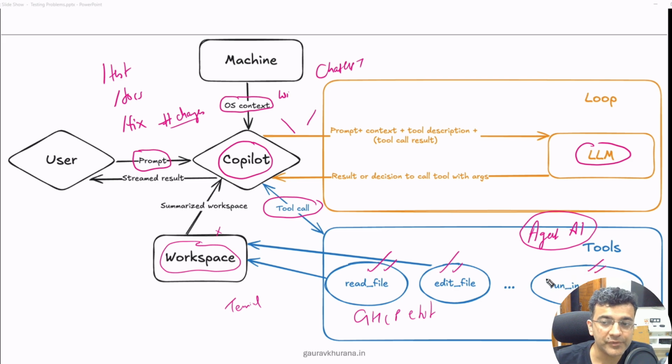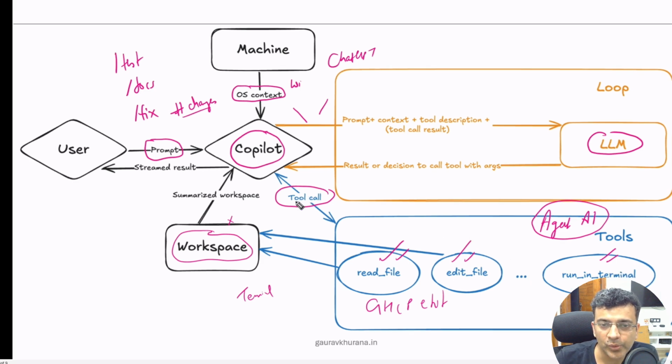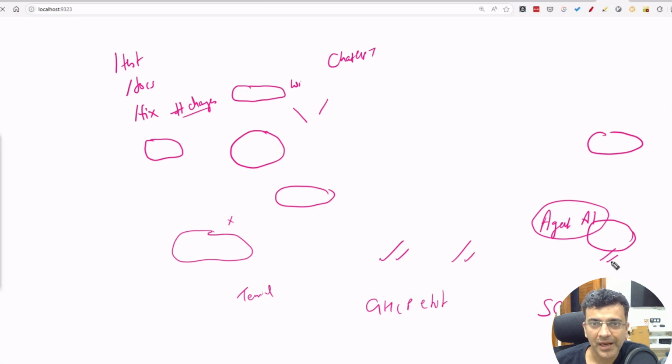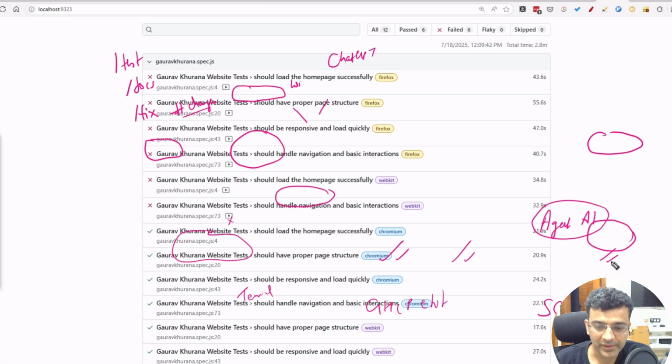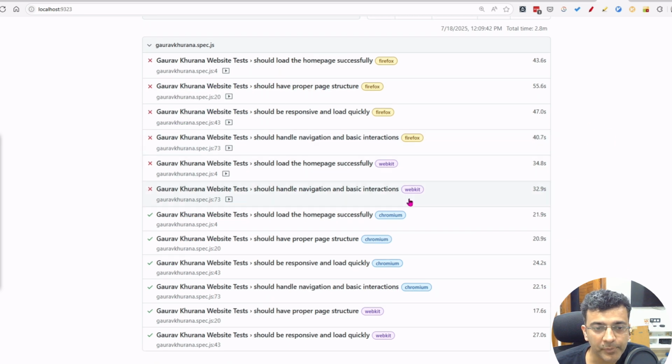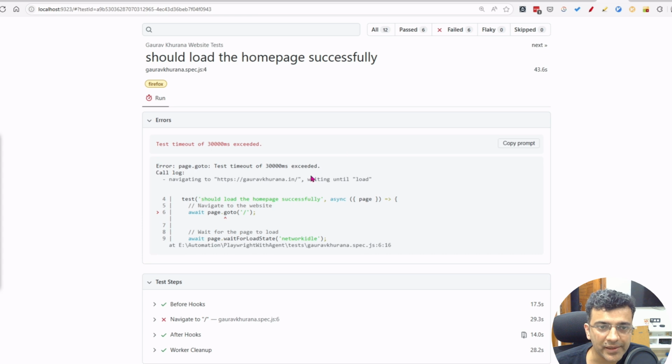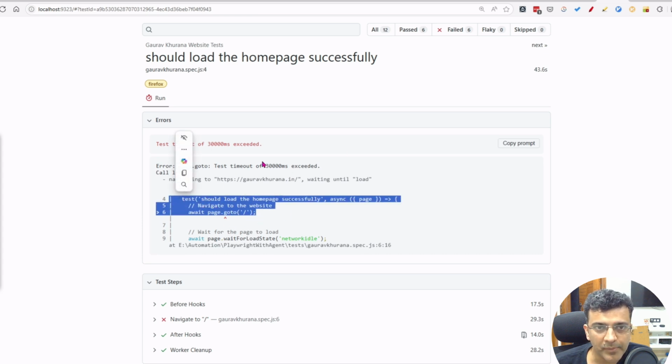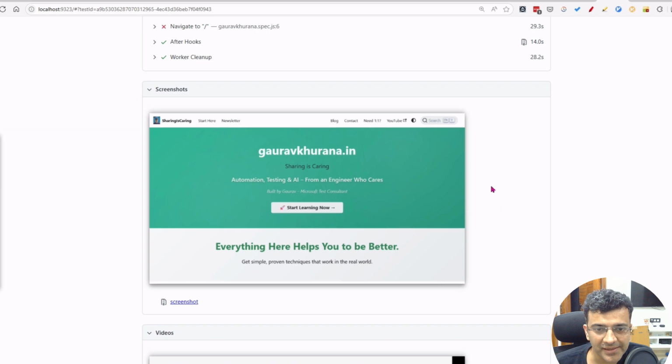Just now, we saw that in agent mode, we ran our Playwright test. It needed a tool, so that tool connection is given now, and it can not only interact with SQL, it can interact with so many other tools that we might discuss in the other videos. And if you see, the tests are now over, that's why our report is open. So all of my tests have passed in Chromium and some passed in WebKit as well, but all of them failed in Firefox. So I can investigate why they have failed. That's a good part about Playwright, it has all of it built in.